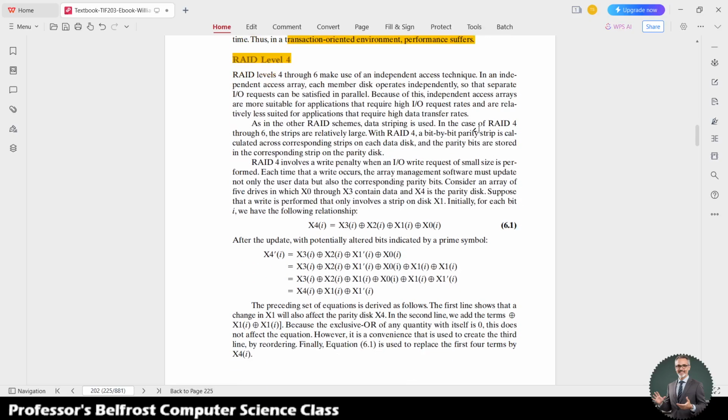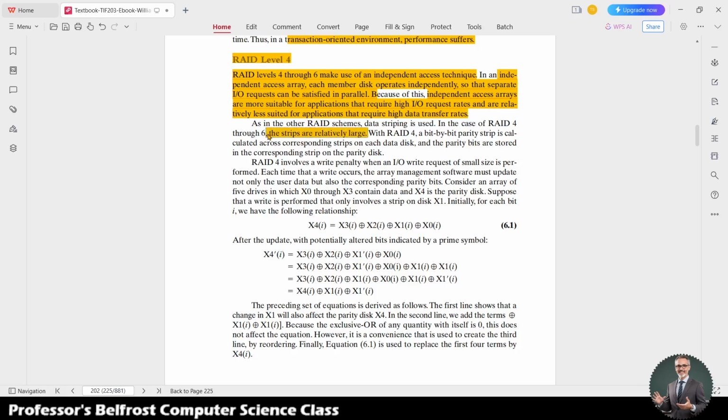From 4 to 6, they make use of an independent access technique. With an independent access array, each member disk operates independently, so that separate I/O requests can be satisfied in a parallel fashion. Independent access arrays are more suitable for applications that require high I/O request rates and are relatively less suited for applications that require a high data transfer rate. Also, the same thing for all the RAID levels is that data striping is used. In the case of RAID 4 to 6, the strips are relatively large, not like RAID level 2 and